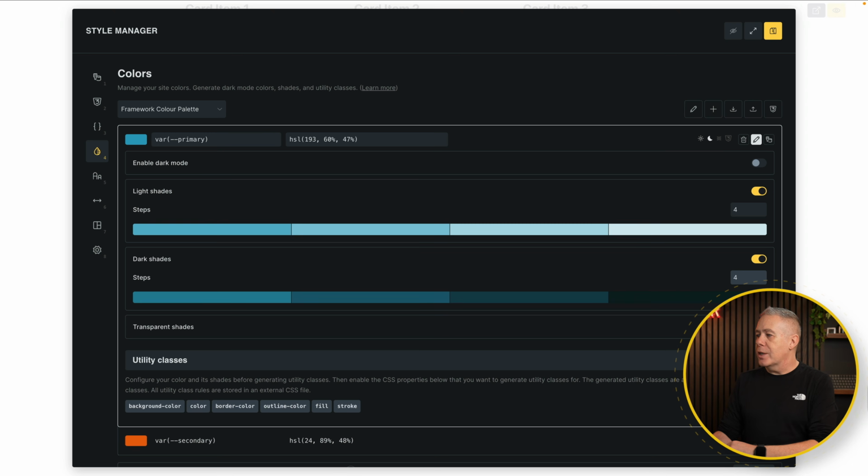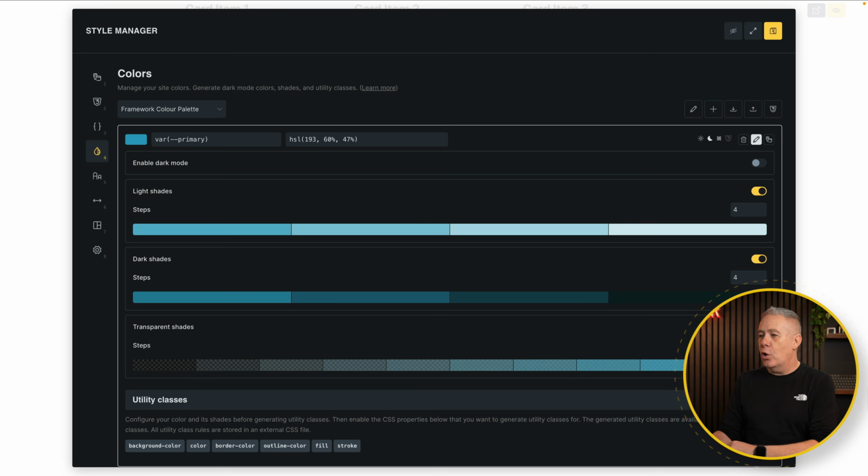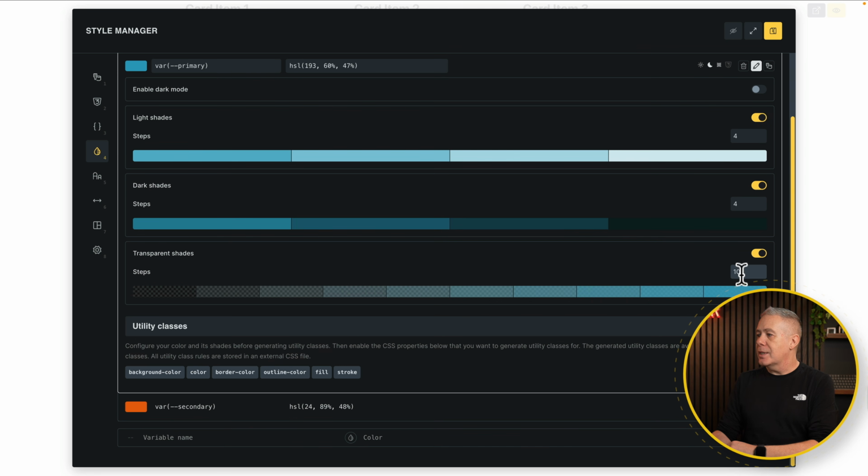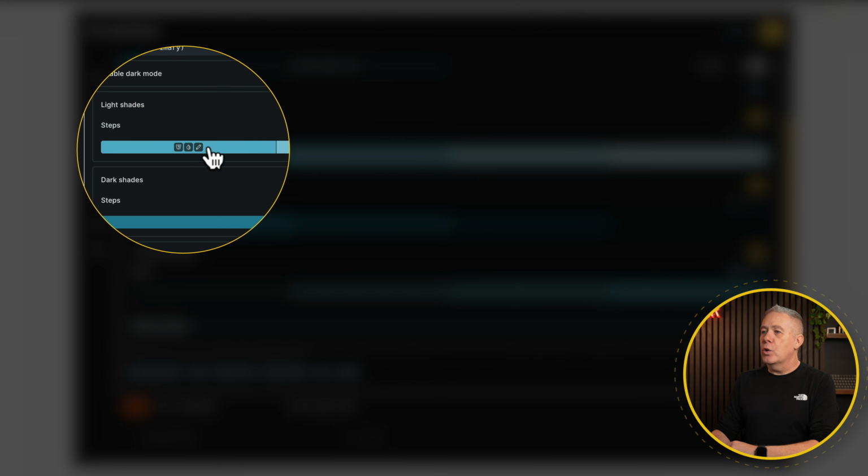If you want to work with transparencies, you can also enable that option. And again, you can see we can set up the number of shades we want here. So let's set this again to be 4. So now we've got transparent options. If you like to use transparency in your designs, you can have it set up as part of your overall color palette. You'll also notice when we hover over any of these, we can choose to edit it,